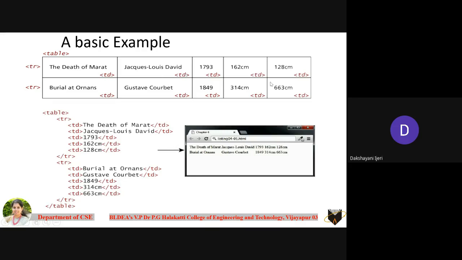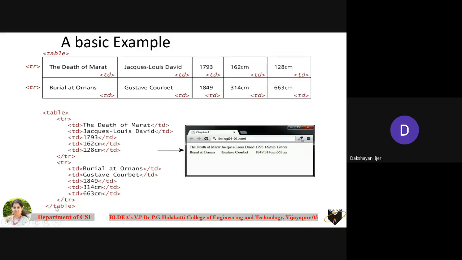Suppose you do not take the same number of tds as in the first row, then you may end up with an unstructured table. The structure of the table might be in disorder. So if you want to make a perfect table with the same number of rows and columns, you need to take the same number of tds in each row. Suppose there is some spanning of cells, we'll discuss later how you can do row spanning and column spanning, which have separate elements. But for a simple table, make sure that you take the same number of tds for each row, that is, for each tr element, to make it a perfect table.